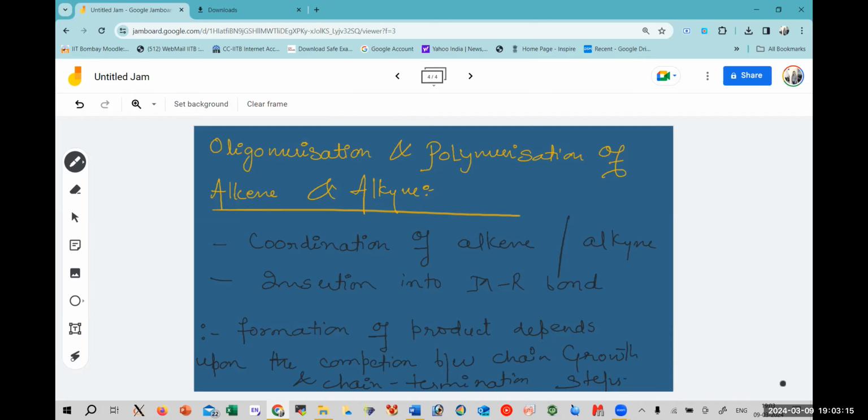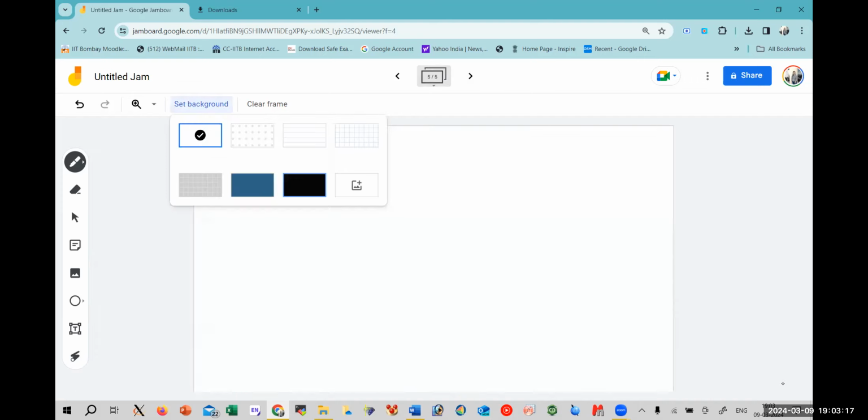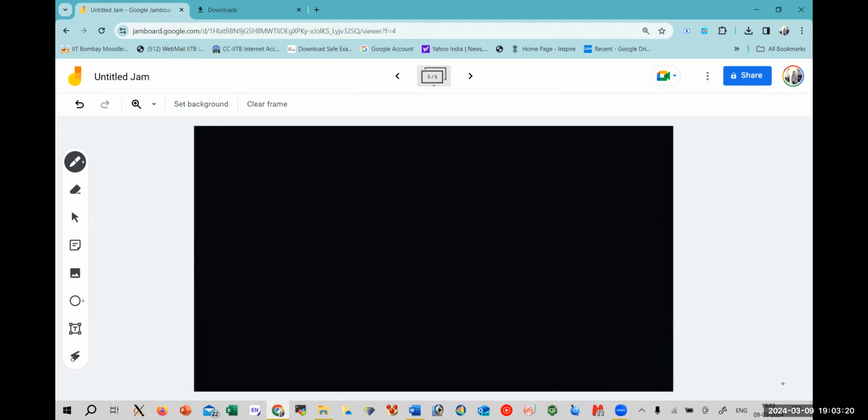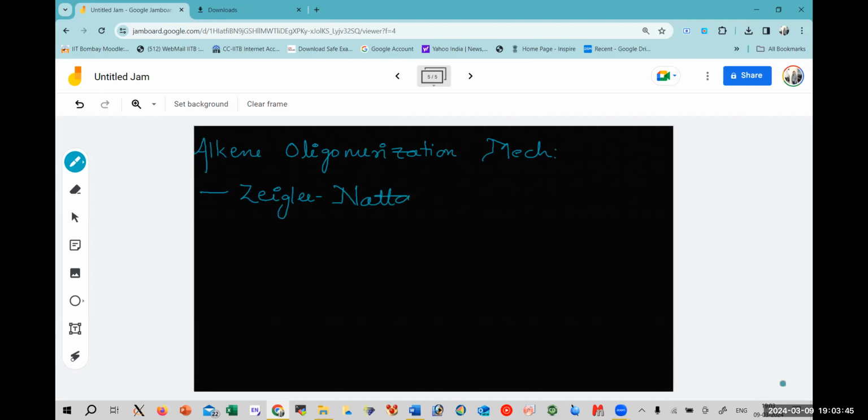You have to understand very carefully what we are trying to say over here. If I'm talking about alkene polymerization mechanism, mainly we use the Ziegler-Natta catalyst. So the thumb rule is, if we have this kind of catalyst,